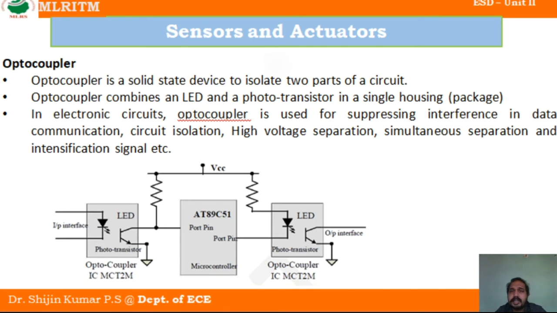So we will be connecting this system to a common power supply, right? There will be a chance of electromagnetic interference between the input and output. In order to avoid this, we are using what? An optocoupler. It will act as an isolation between the input devices and output devices.